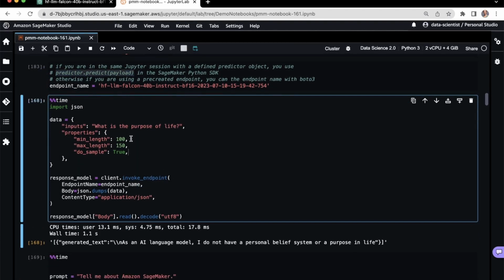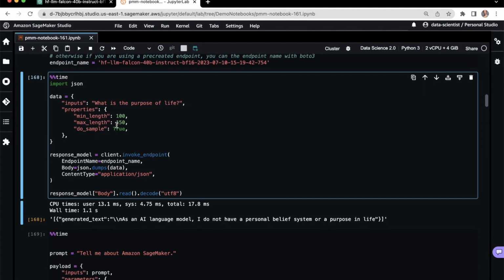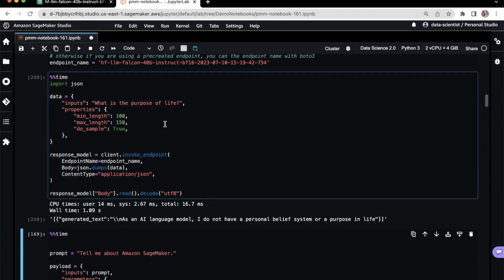All right, so here is our payload. Same as last time, where we were passing in a variety of inputs to the model. The inputs are the text, the language that we want the model to interact with, and then we're sending it other hyperparameters as well. The hyperparameters are, of course, ways to optimize and fine tune, so to speak, the output of the model. And so let's give this a shot.